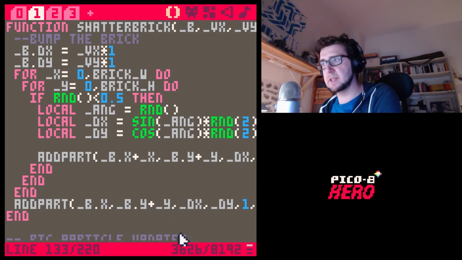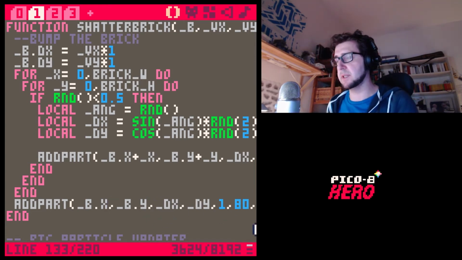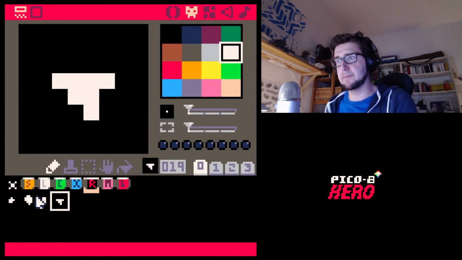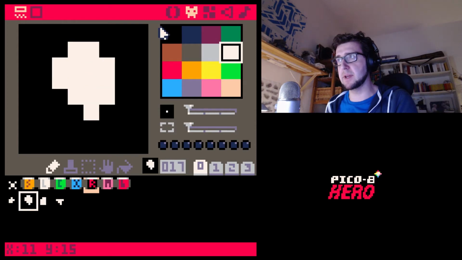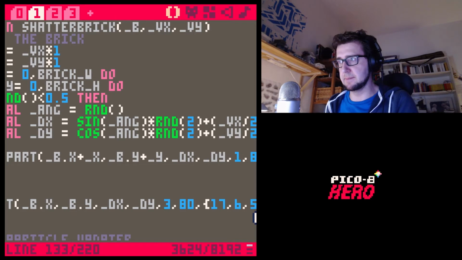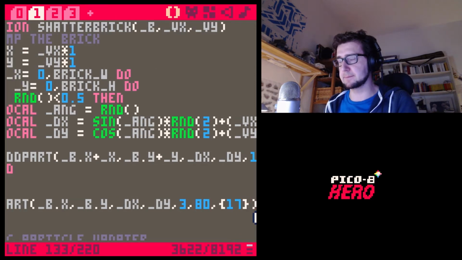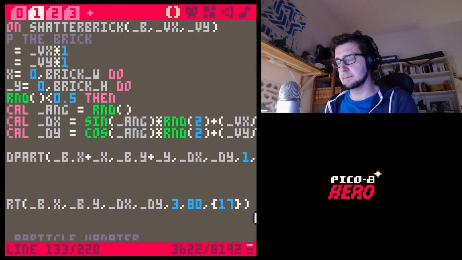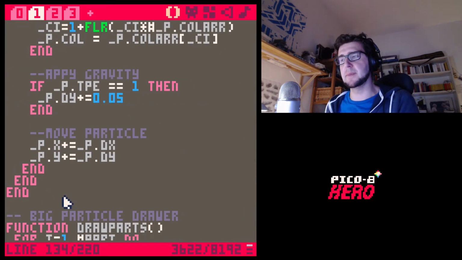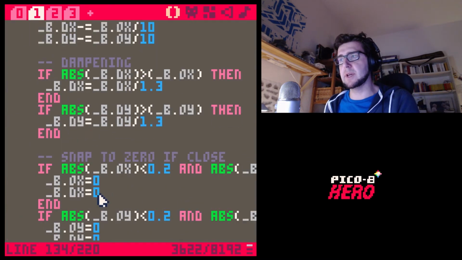No funny business, just adding a single particle here. Type number 3, this is going to be our new particle. And the sprite is going to be this sprite, 17, just to see how it works. So this is a test particle, so to speak. All right, so